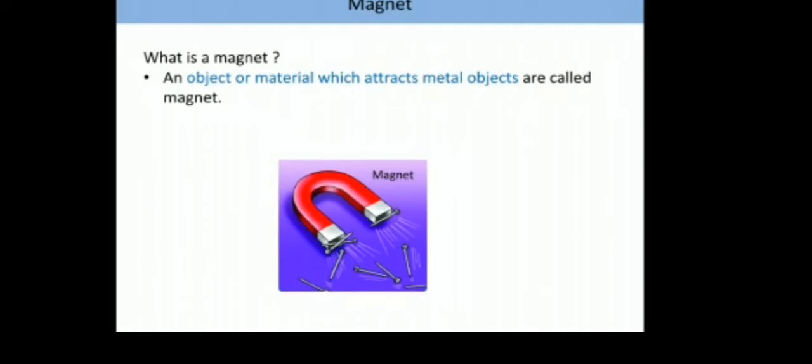In the previous class we also saw that every magnet basically has two poles. A pole is a region of a magnet, or the corners of a magnet, where the magnetic force of attraction is very strong. We also saw how we can find the poles of a magnet if we don't know them. A magnet is an object or material which attracts other metal objects. Importantly, it only attracts metal objects and some alloys. So a magnet has a very important property of attraction.